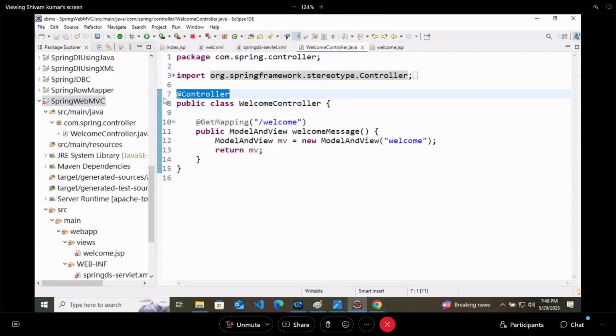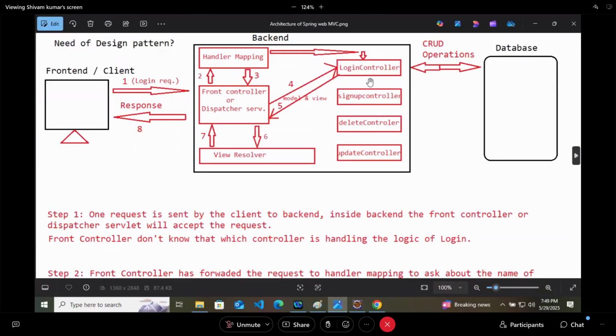The handler mapping will find the controller, it will return the model and view, then the internal resource view resolver will create the page and give it to the client, right? So that is how this particular part is working.